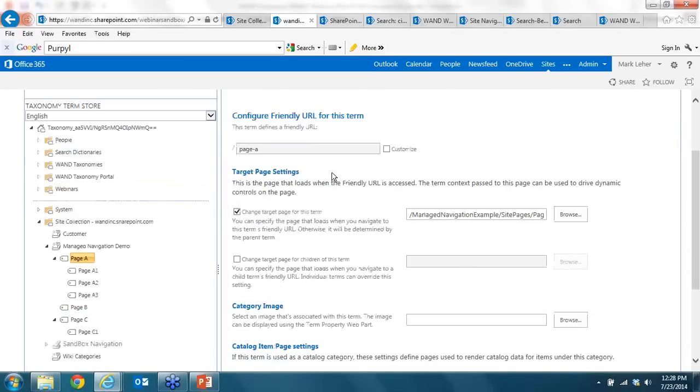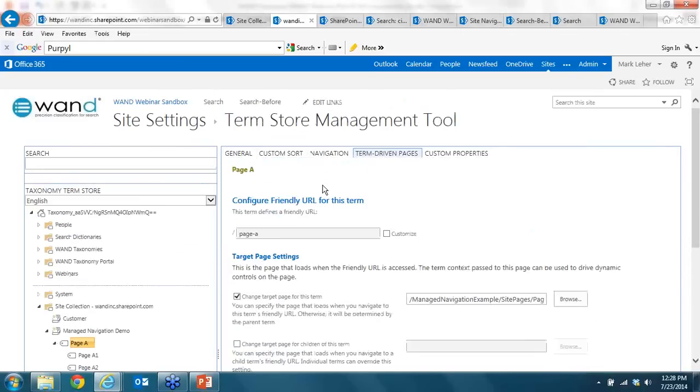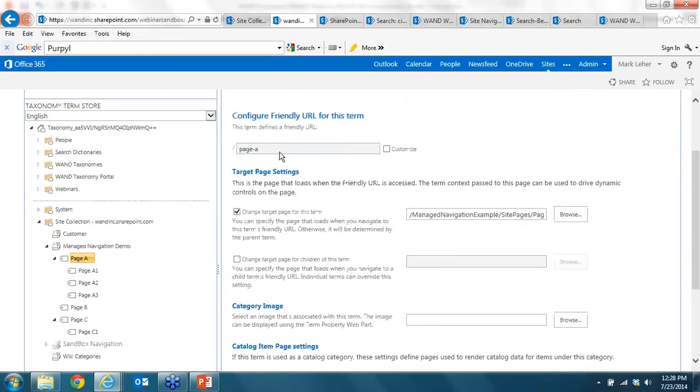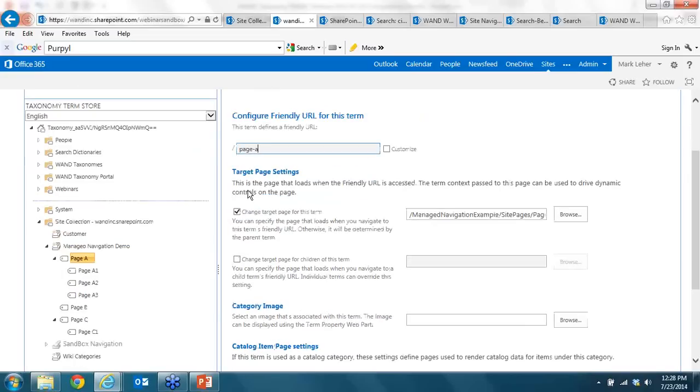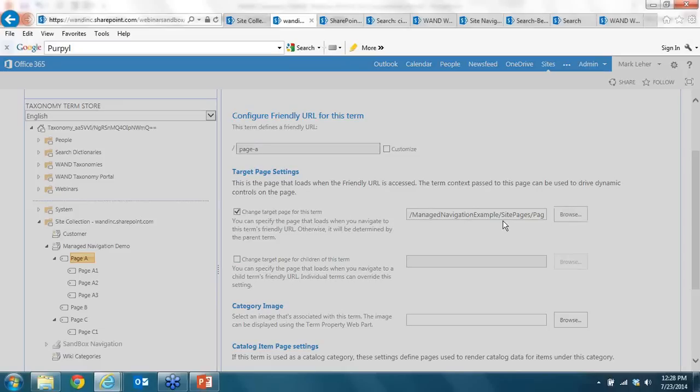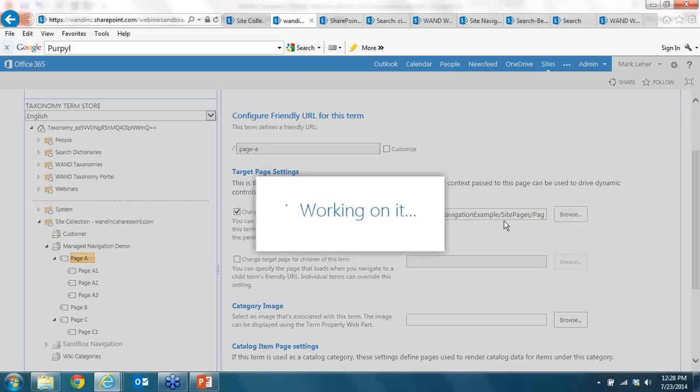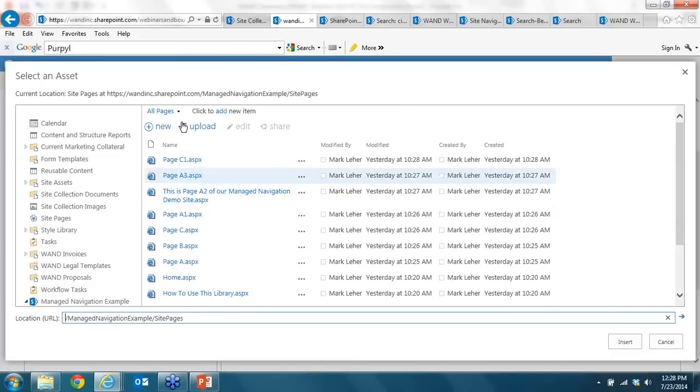And there's a mystery error message. So here we are at the term-driven page. If you want, you can customize the URL. So the URL does not have to match the menu item. If you want, you can make it say whatever you want. But now we're just going to set up a target page. So we're going to change the target page, browse. This one's actually already set up. But we're going to go, and you see I've set up all these pages,